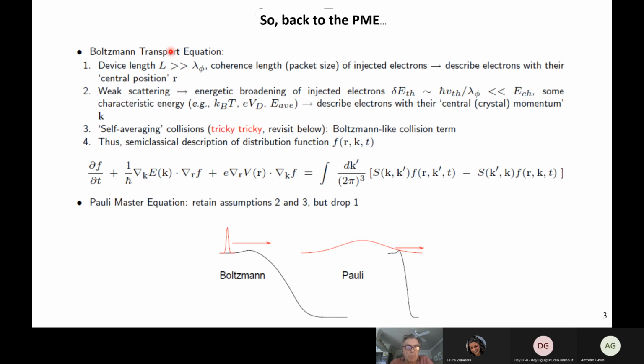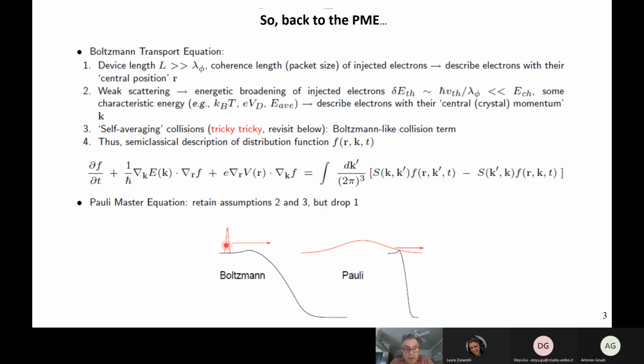And the Boltzmann equation, just to remind you, is valid when the device is much, much longer than the coherence length. So you are in a situation in which the electron can be viewed, approximated, treated as a packet in real space that is extremely localized in space. By localized, I mean that it's a packet support which is much smaller than the characteristic length scale that you're dealing with. The width of this packet is essentially the coherence length, say of the order of a few tens of nanometers in typical semiconductors. And